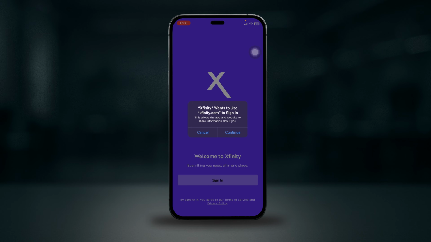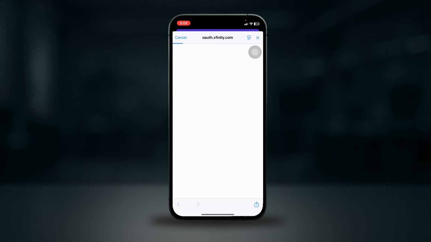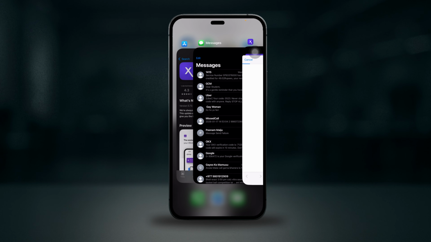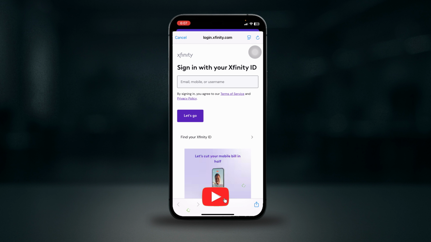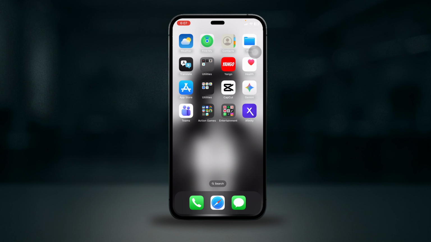Then, restart your phone to refresh the system processes and clear background issues that may be affecting the app. Then, head over to your App Store or your Play Store, search for Xfinity and make sure that the app is updated to the latest version from the Play Store or the App Store, as updates usually fix bugs and improve performance. If you're using Android, go to Settings, Apps, Xfinity, tap on Storage and clear Cache to remove temporary